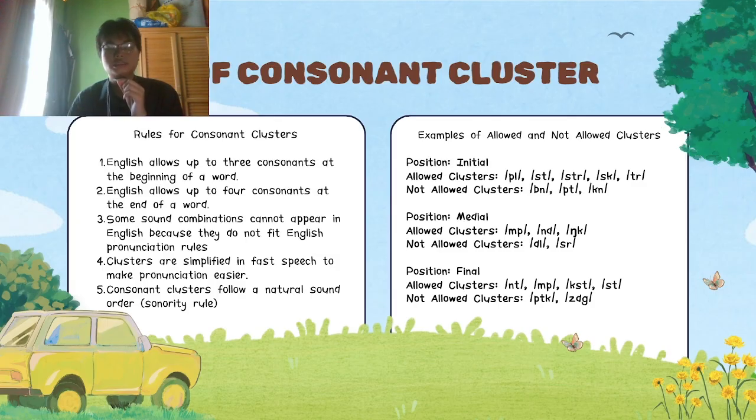text, it is pronounced like x, but the sound is KSTS, and then glimpse, MPST. The third rule is that some sound combinations cannot appear in English because they do not fit English pronunciation rules,